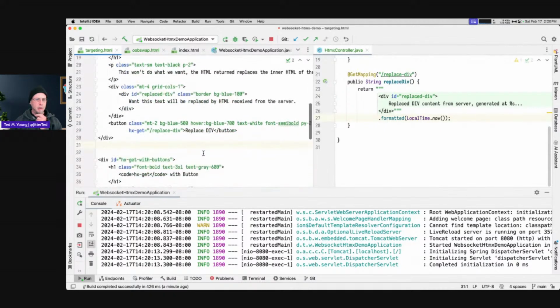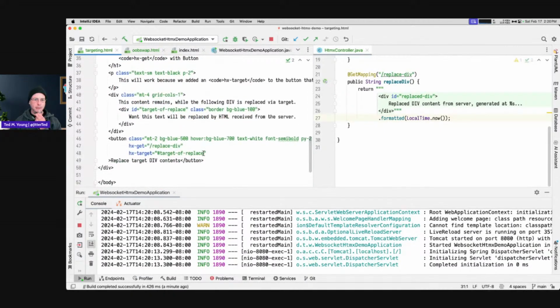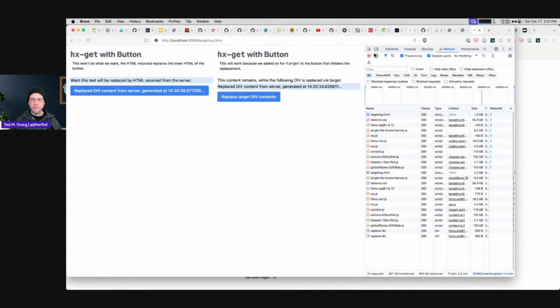So now what we want to do is demonstrate, so we got where it replaces the wrong thing. We've got it where the client, the HTML, directs the content where to go. So if we look at this after,